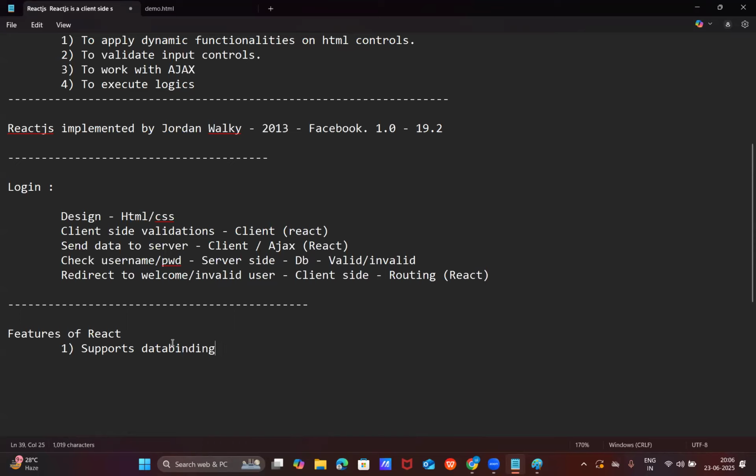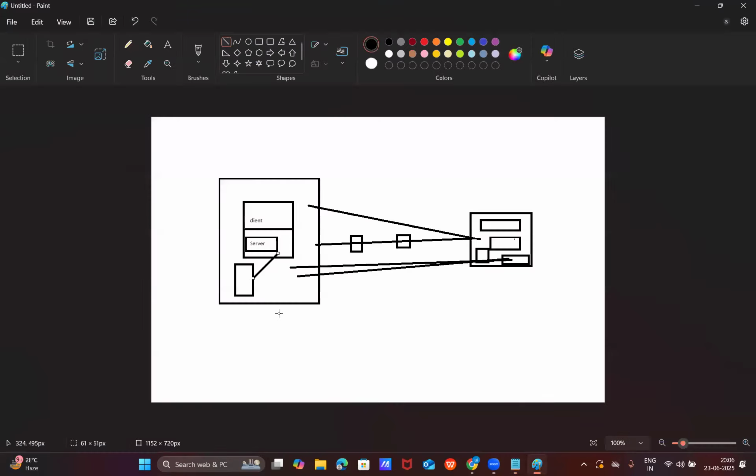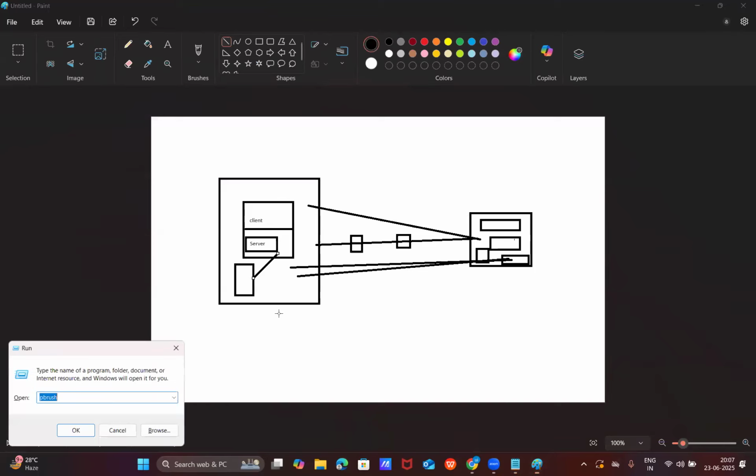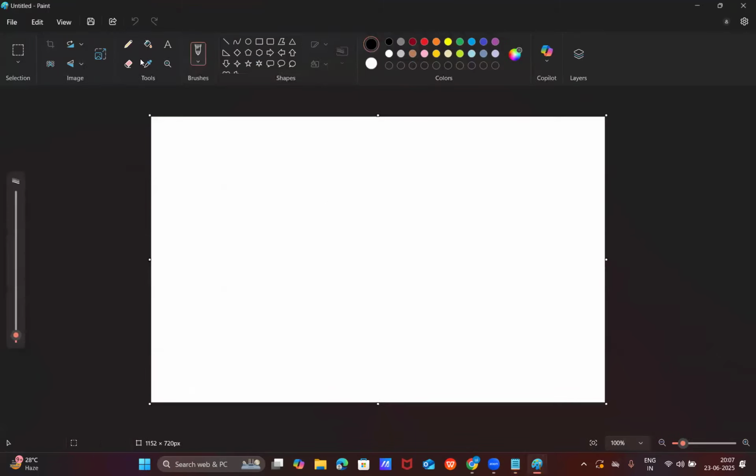What is this data binding? So React supports what? Data binding concept. It is not there in JavaScript. So what is data binding? I will tell you that one. Now, just see. For example,